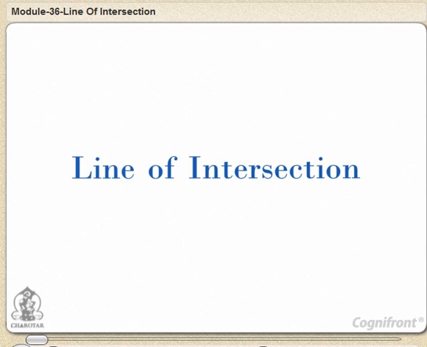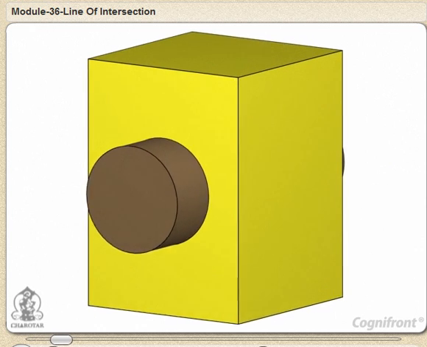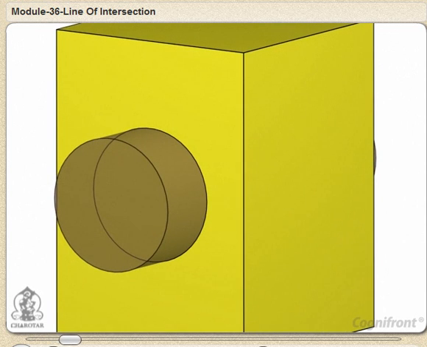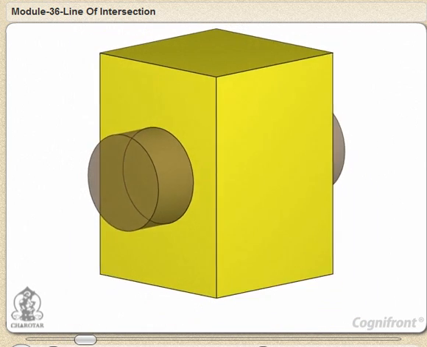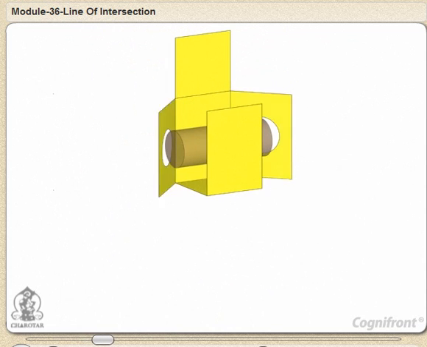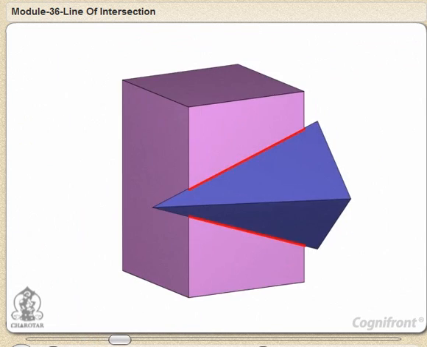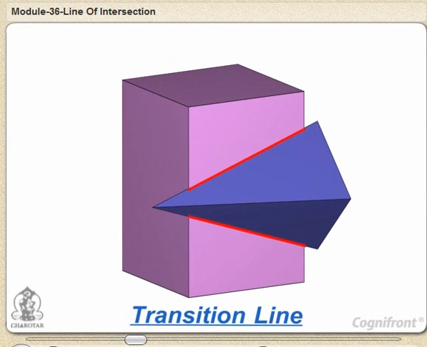Hello friends. When two solids intersect or penetrate, their surfaces intersect at a common line of intersection. We must know the exact location of the intersecting line for the development of the solids. The line of intersection is also known as the transition line. It could be